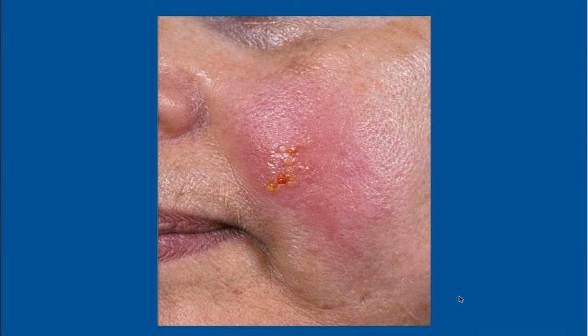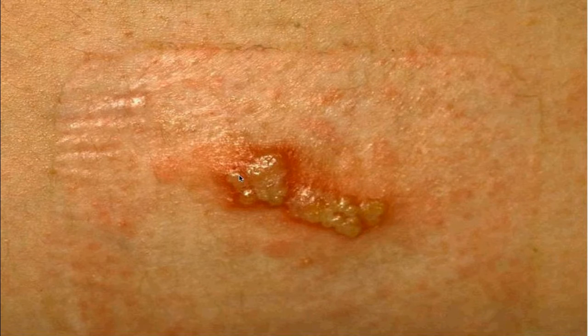And so the next section we're going to talk about is herpes simplex. And what I want to show you is really the classic presentation. What we're looking at here is grouped vesicles, erosions, and pustules on an erythematous base. I'm showing you this picture because most people think of herpes or cold sores as around the lips or around the genitals in the case of genital ulcers. But look at how far away this case is from the lips. This is the same exact virus, the same exact process coming out of a nerve ending, but showing up outside on the cheek. This is still HSV1 in this case.